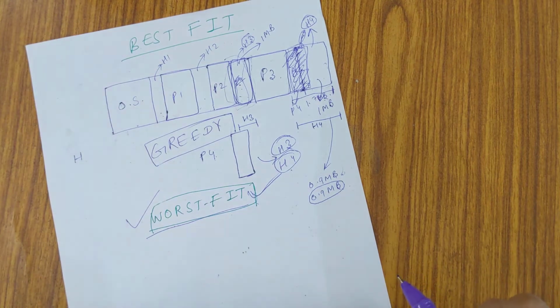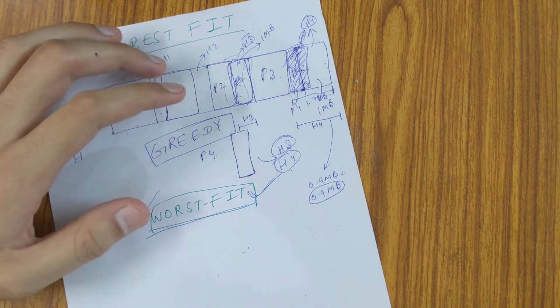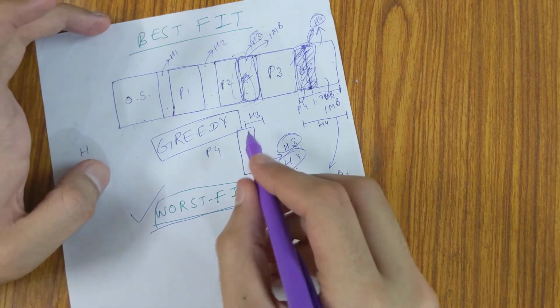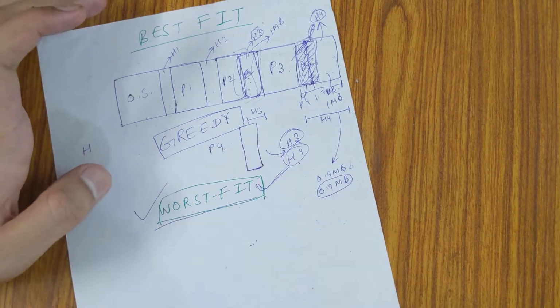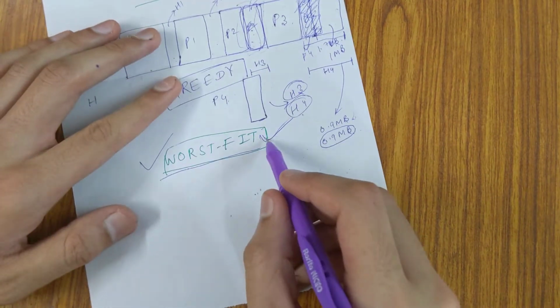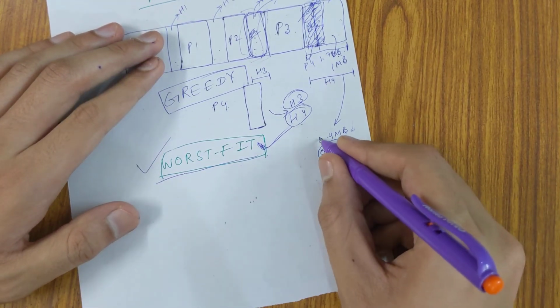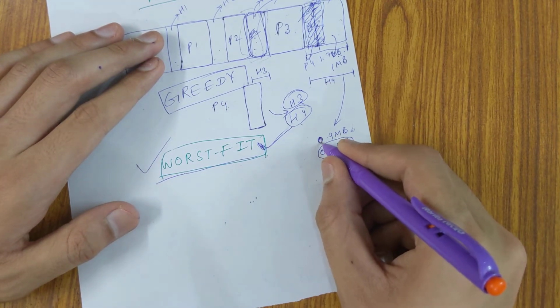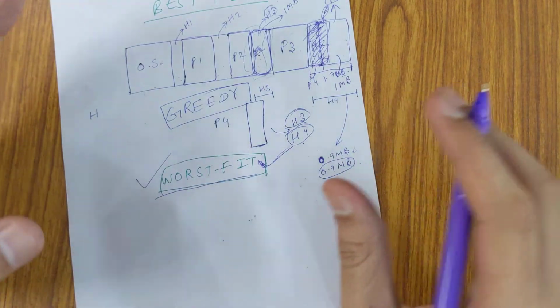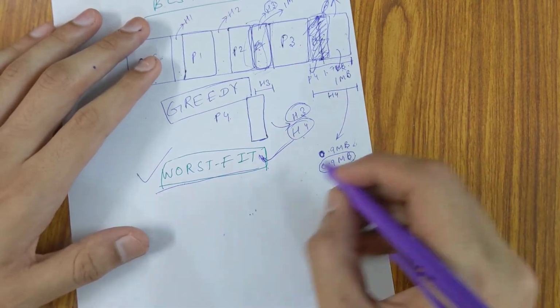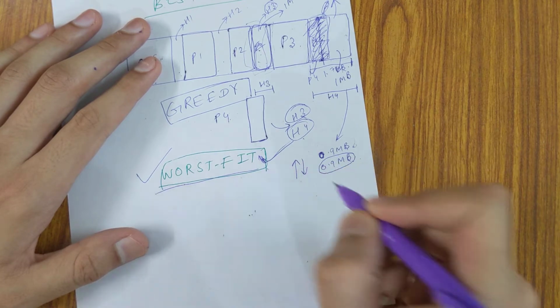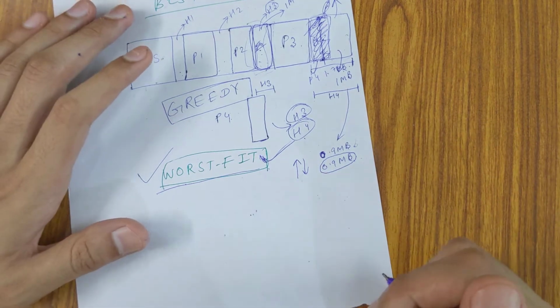Now this is kind of greedy because we are choosing the smallest possible hole right now. But the worst fit algorithm relies on the fact that the processes will have kind of average memory requirements, not very high and not very low, which is usually the case.